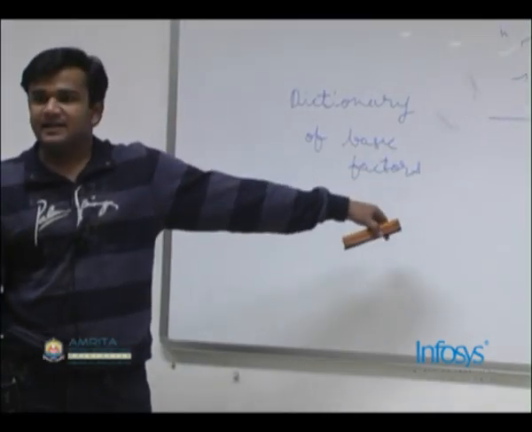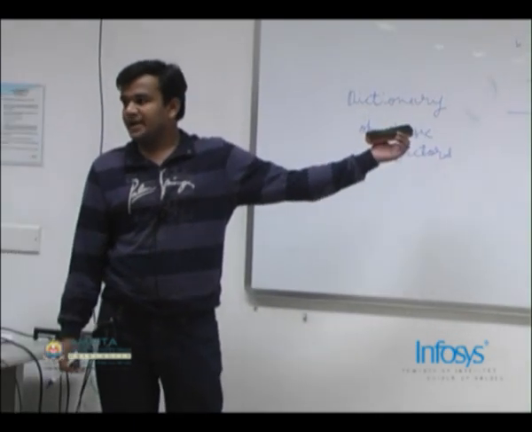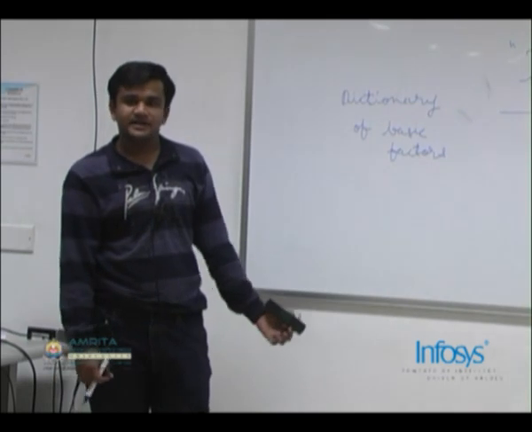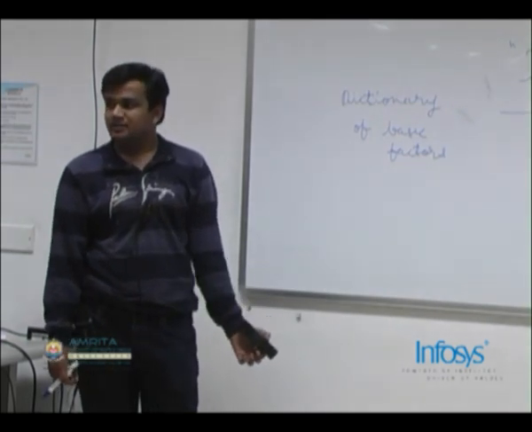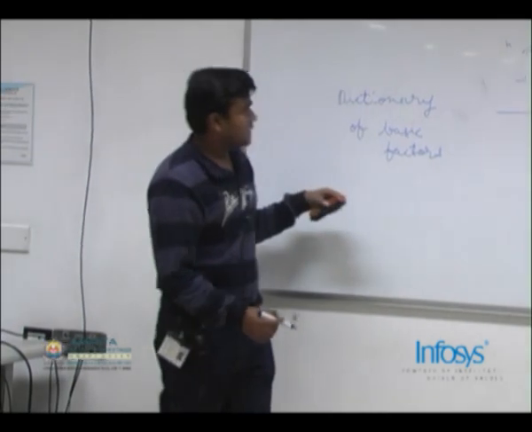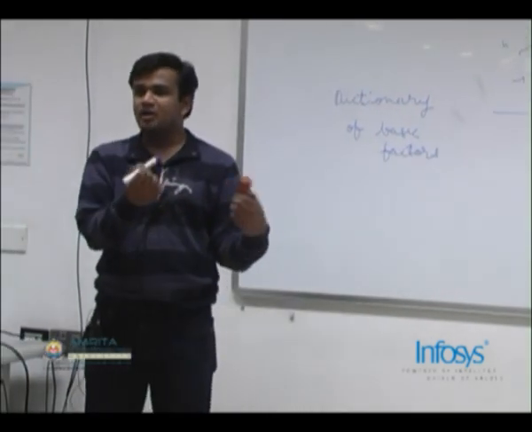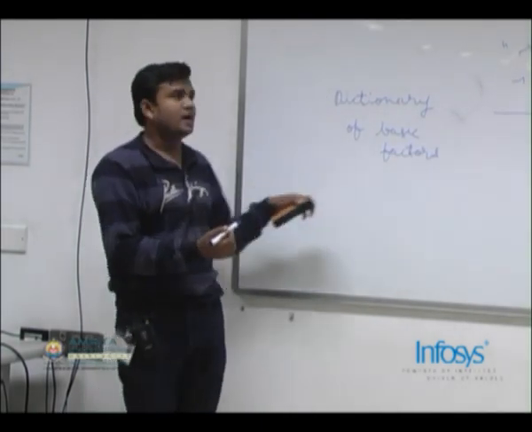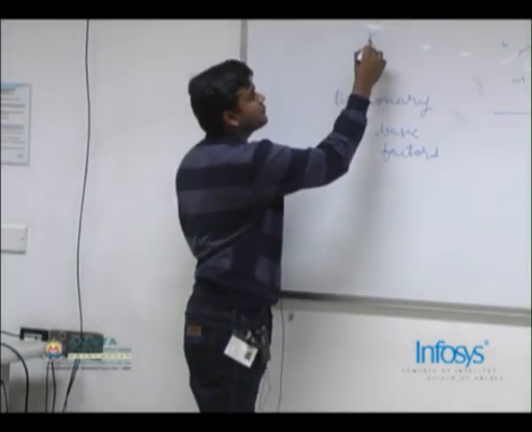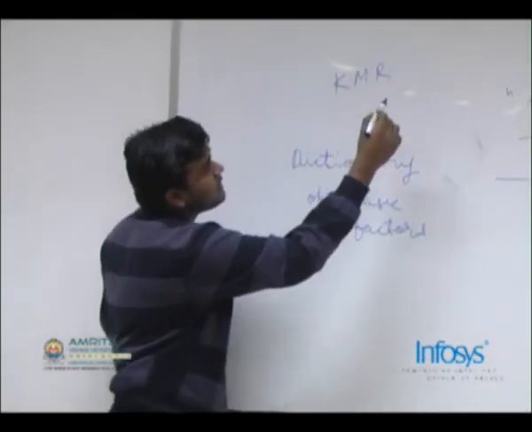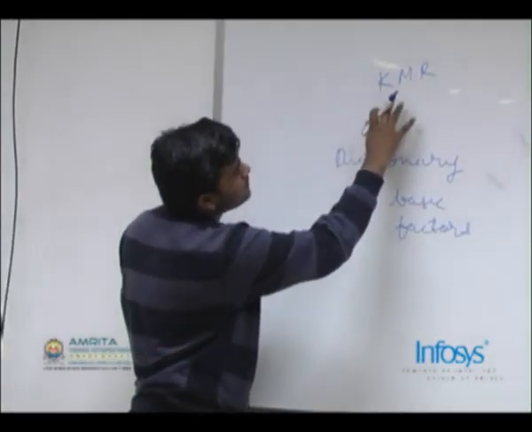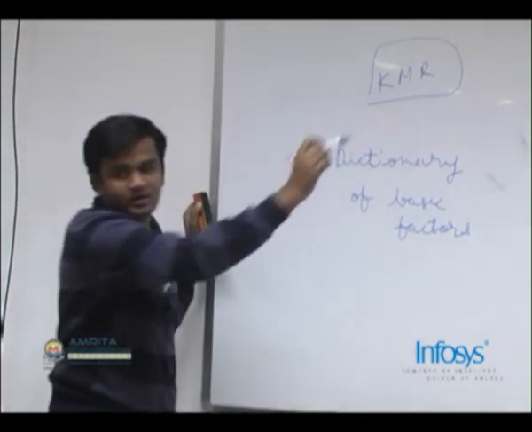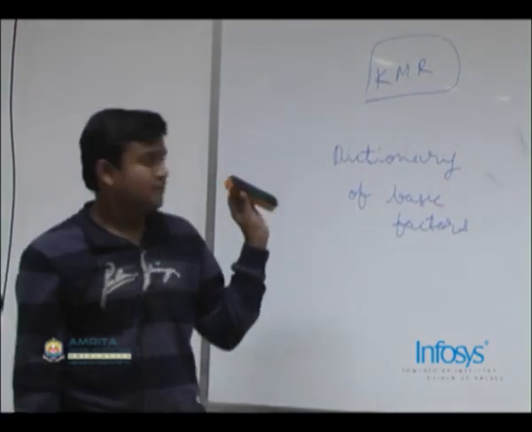Basic factors are essentially substrings of length 2 power k. We are building a dictionary out of them to use for answering our queries quickly. Is that clear? And the algorithm, the order n log n algorithm which we use to build this dictionary is called KMR algorithm. It's Karp, Miller and Rosenberg, as far as I remember. So again, you can look up this algorithm on net if you want to read up.